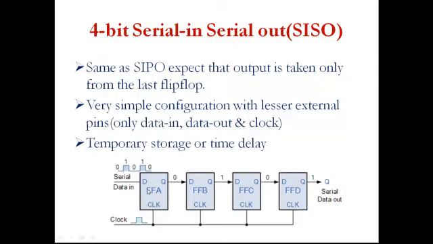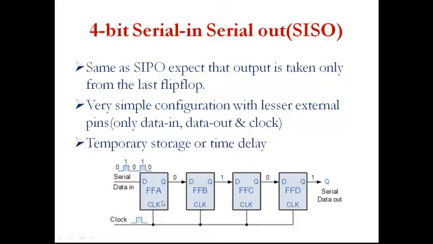So this is the serial right shift register, because shifting is from A to B, B to C and C to D. If you want to have a left shift register, what you can do? You give input to the D flip-flop, and the output of D you give to the input of C. Output of C you give to the input of B, and output of B you give to the input of A, and take the output of A as the final output. So you are shifting from the right side to the left side. You are moving towards the left side.